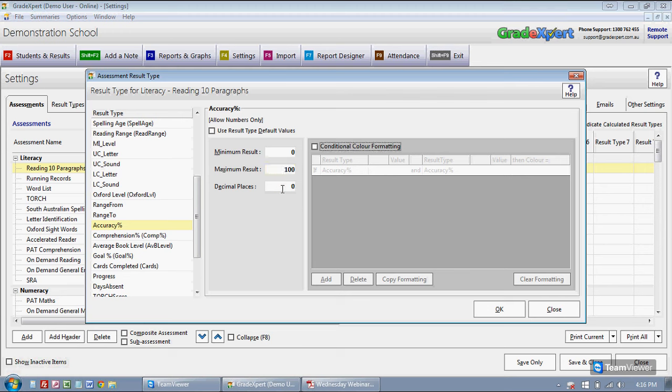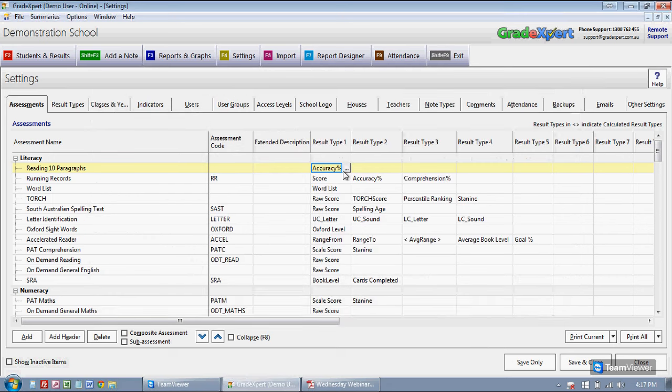So just for this test, you're asking teachers to put in a whole number between 0 and 100. And you can see that the first result type column now for reading 10 paragraphs contains the accuracy percentage